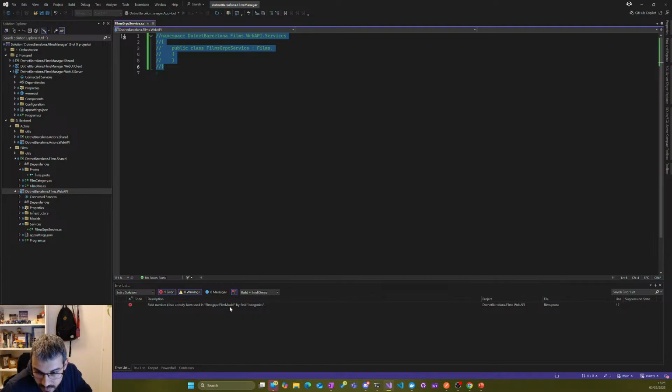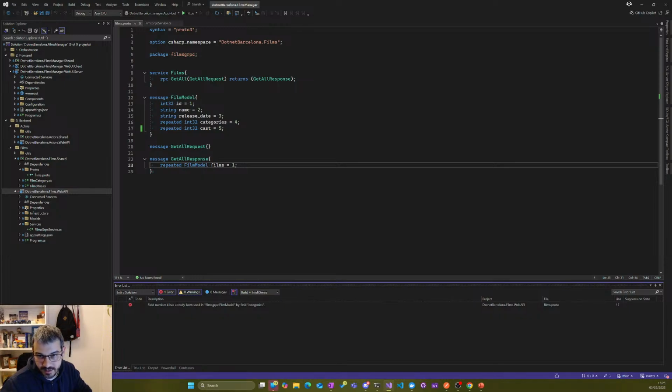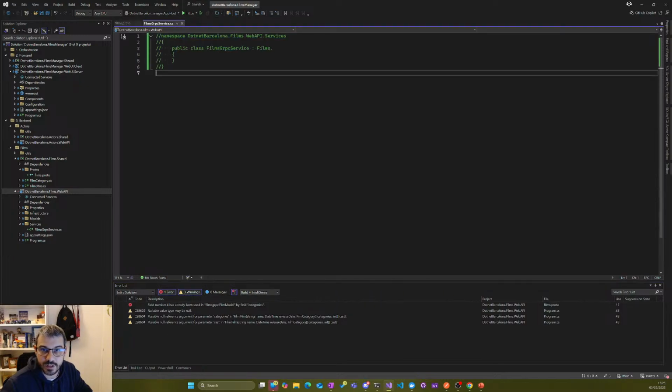Already defined by field categories. Okay, that's the problem. Okay, look at that. You can't define, of course, the same position for two different properties. Of course, it's a problem. It was not properly compiling, and that's why it was not creating the code for me behind the scenes. Now it succeeded. If we go here and we uncomment that,